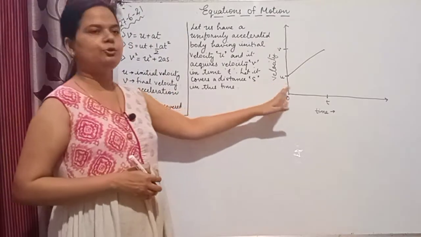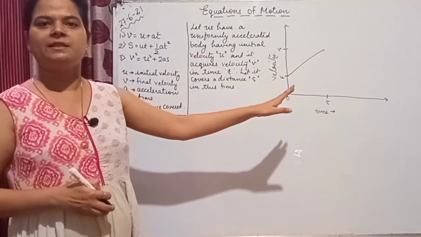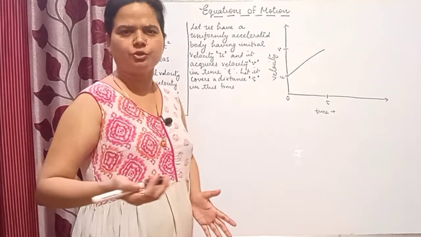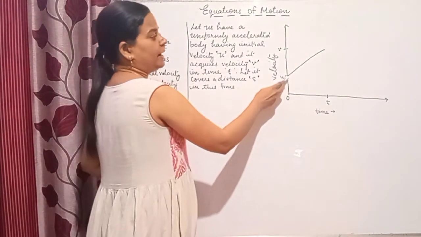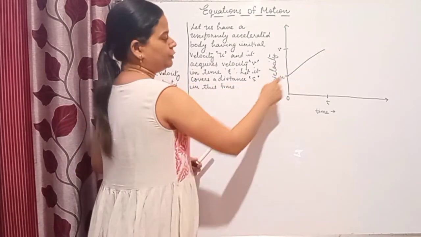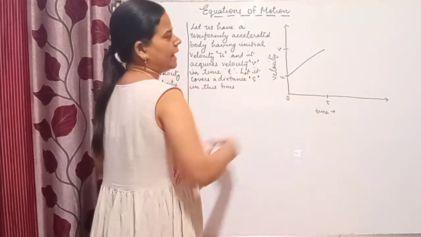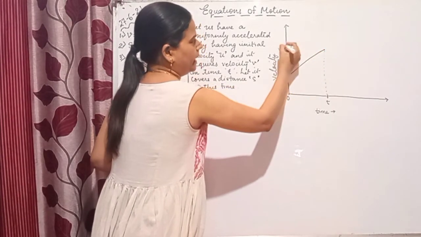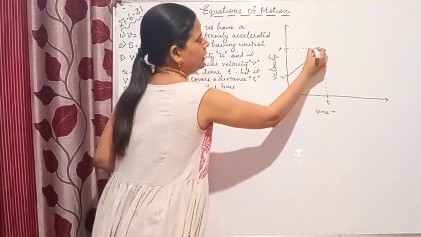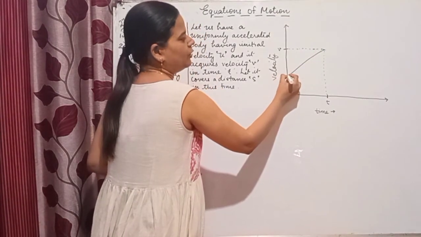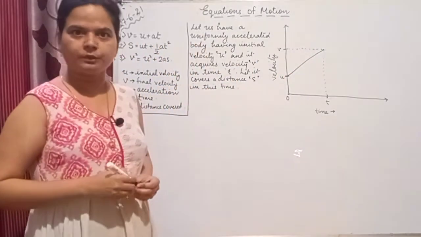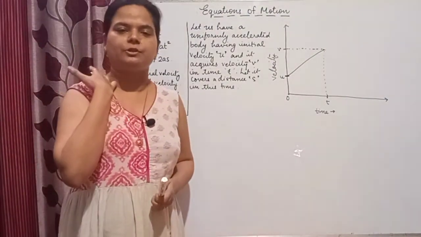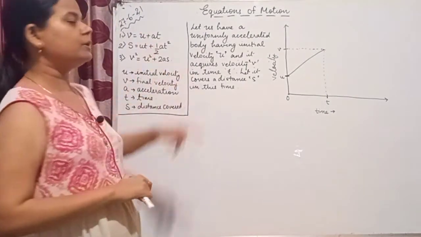So in case we need to plot a graph for the uniformly accelerated body, speed time graph, that is velocity time, we are talking about straight line motion, so both are same. So you will be getting a straight line going up starting from u to v in the given time t. So that means in the given time t, it has acquired a velocity v while its initial velocity was u, right? So now in order to derive the first equation of motion,